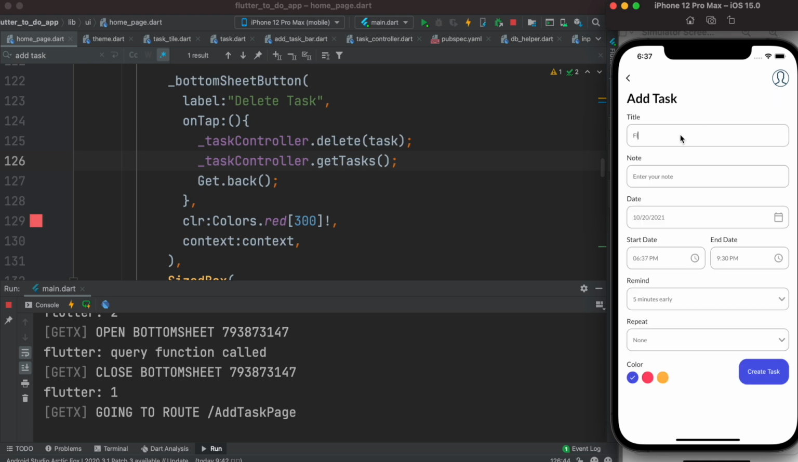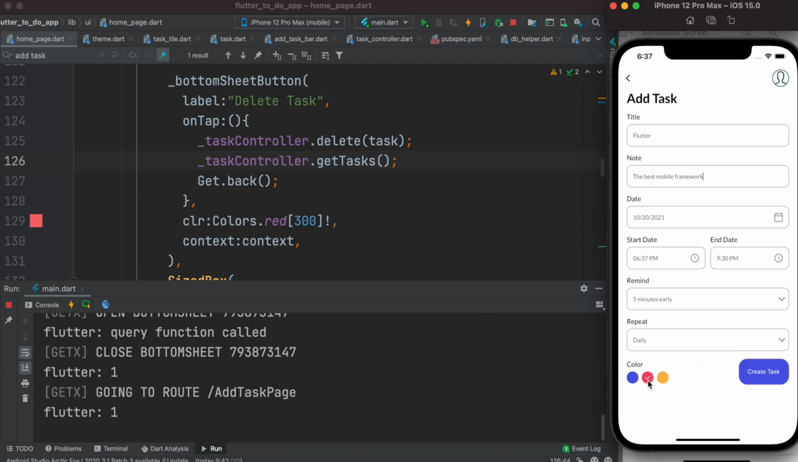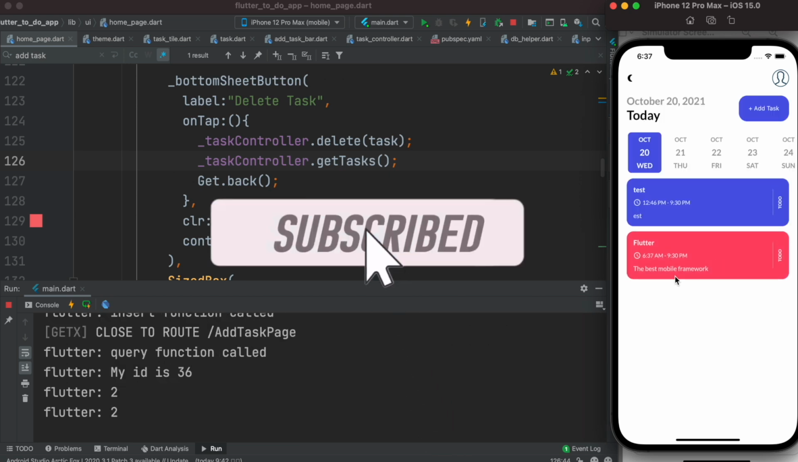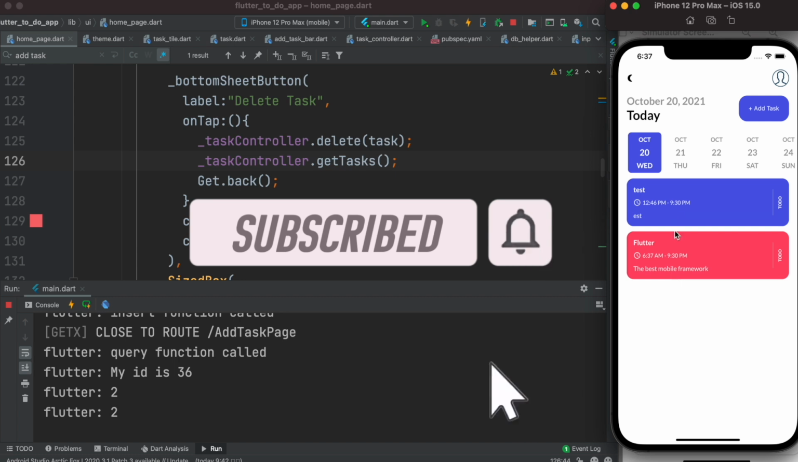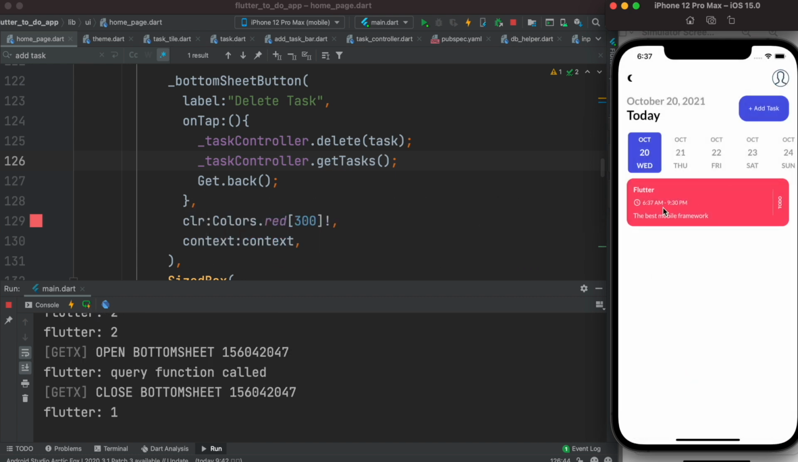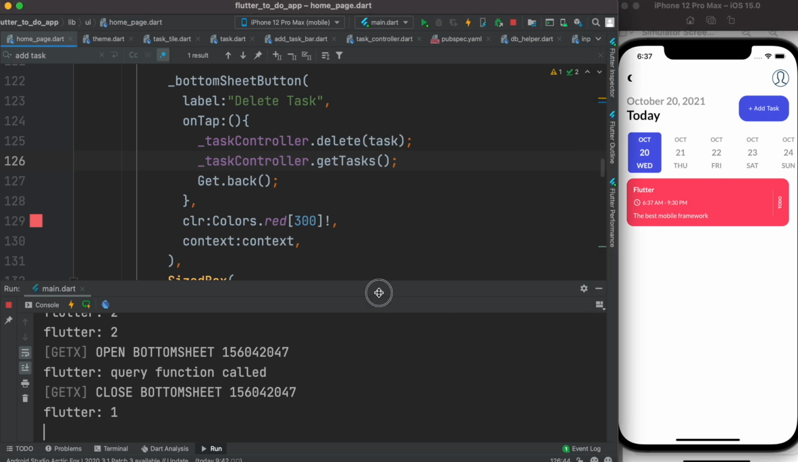Let's say Flutter, the best mobile framework. Okay, and say I would do it daily, and I would use a different color. And well, for now the time I'll still keep like that. Let's go ahead and create it, and it showed up immediately. Okay, perfect. Okay, now I want to delete this one. Let's see if we can. Yes, we did. Okay, so of course we can go ahead and delete this, but now the other thing we